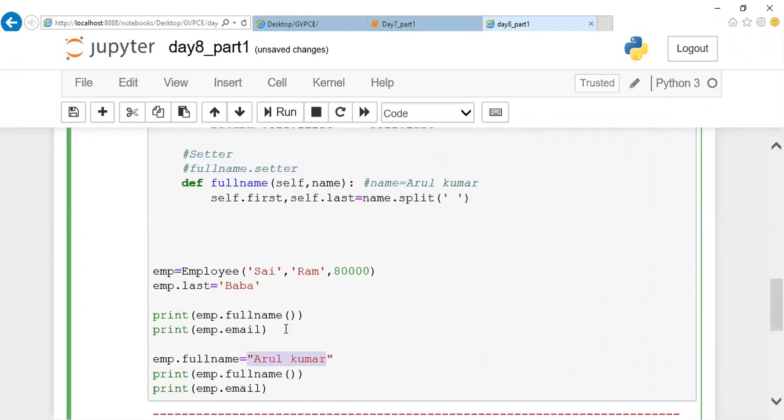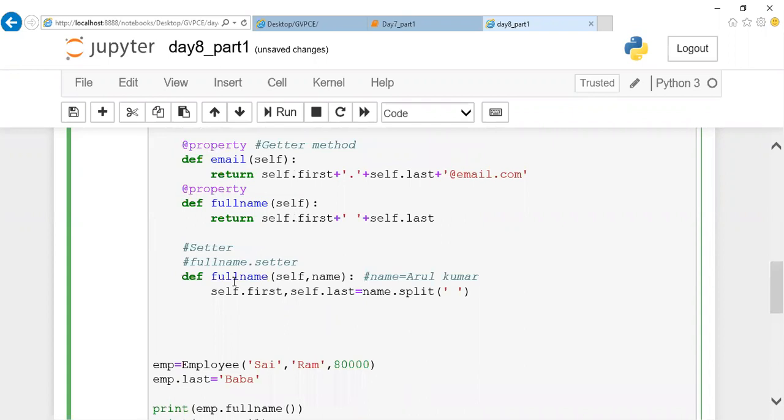In those cases, what we'll do is have one setter property for the class. Whatever name I'm passing will be split based on the space and stored in first name and last name. We'll be storing like this, and here we'll apply @fullname.setter. So if I apply like this, what happens? After splitting, this property will be applied to this full name, and whatever data you're passing will be taken as two pieces of data, first name and last name. Then it will be substituted.